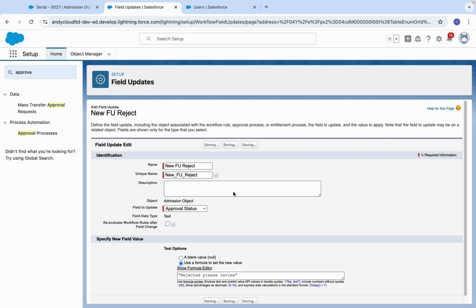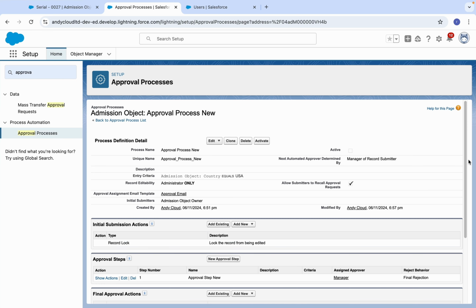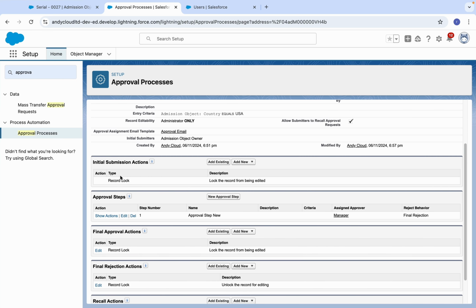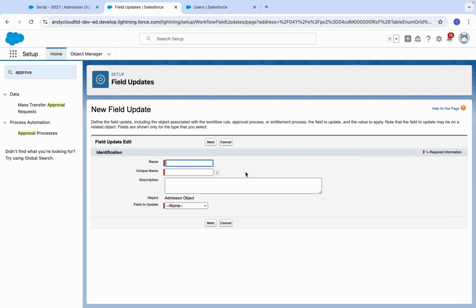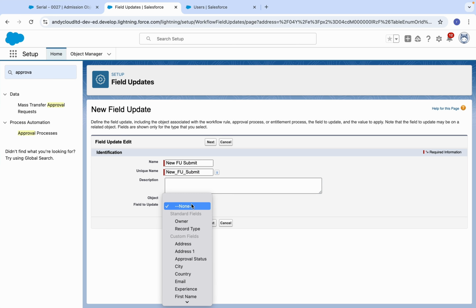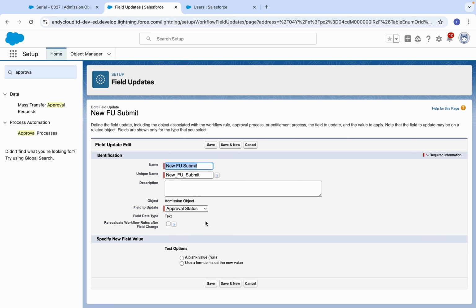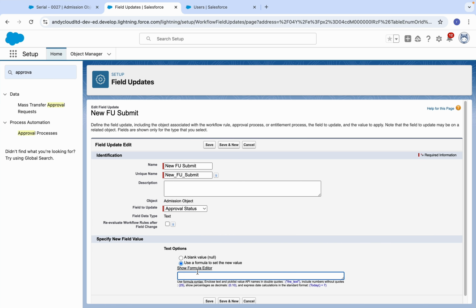Okay, so for approval and rejection we have both created steps, but for initial submission, when the record is submitted, let's create a field update. Submit completed. Save.